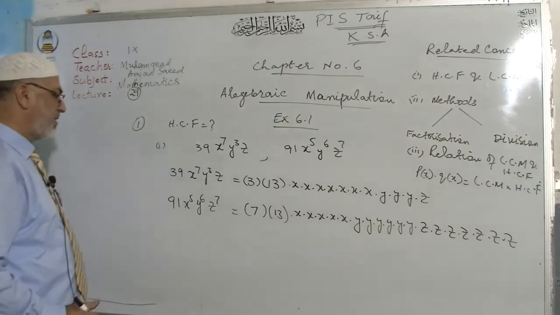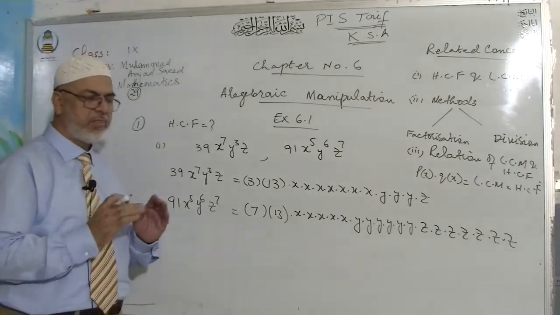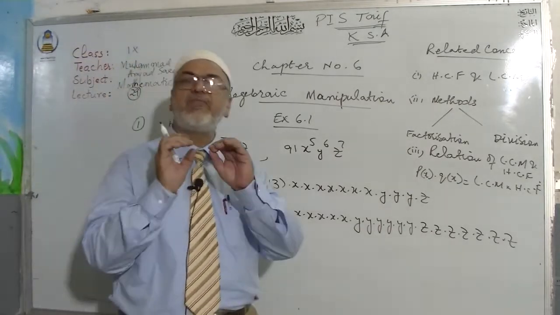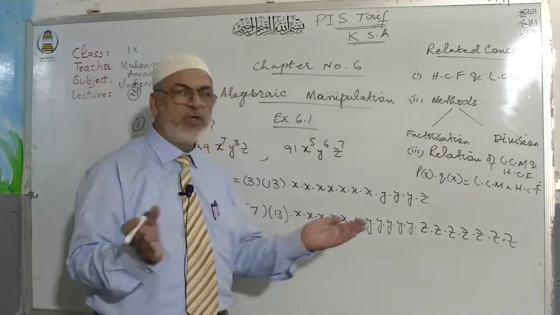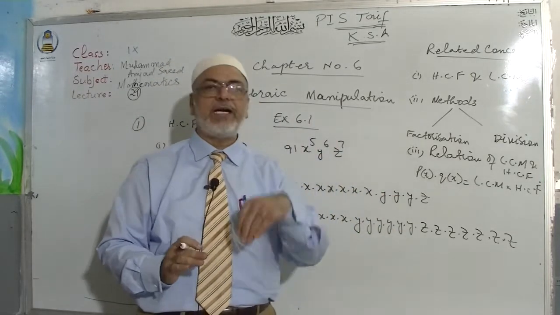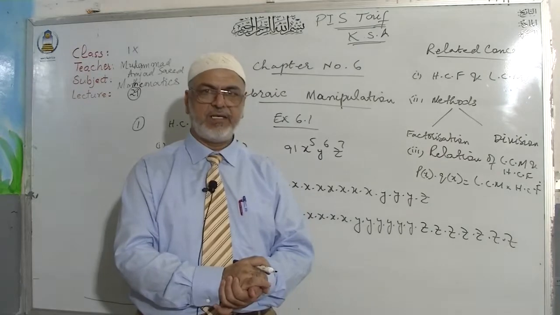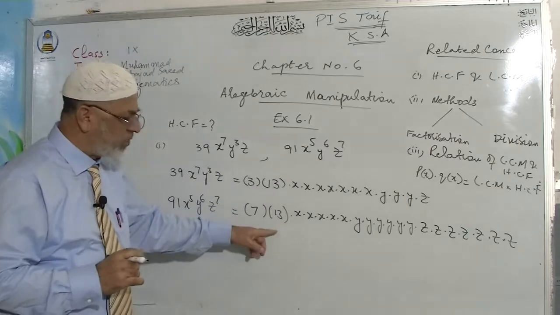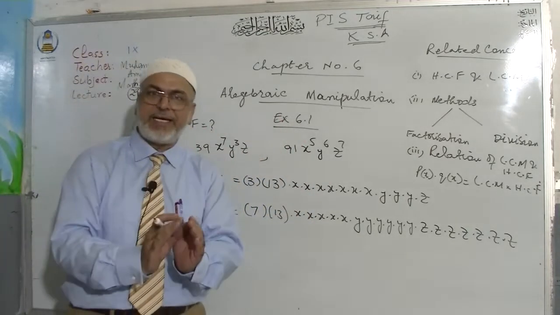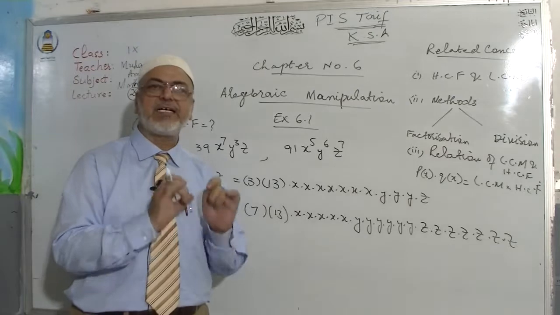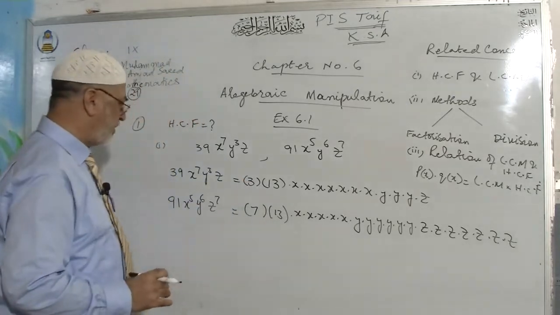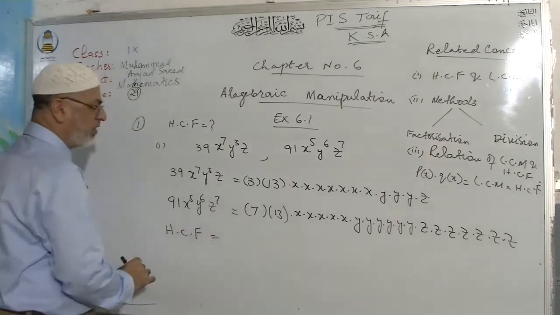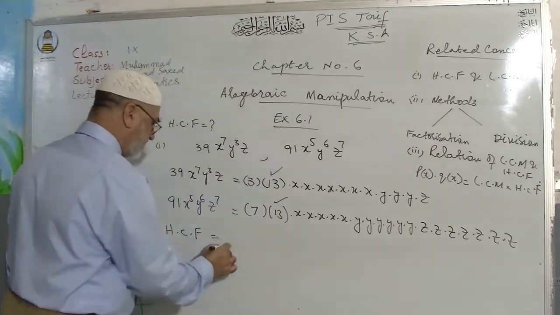Now dear students, what is the HCF? First of all, you will take common factors in both. You multiply them to find the highest common factor. I am repeating, first you will find common factors in these two. Then you multiply them to get the highest common factor between these two numbers. So we can write down directly HCF will be equal to 13. This is common in both.